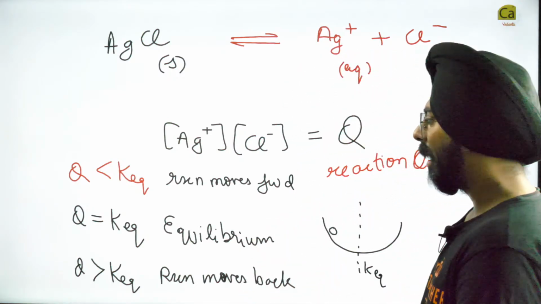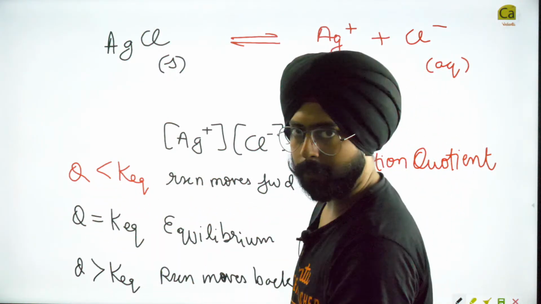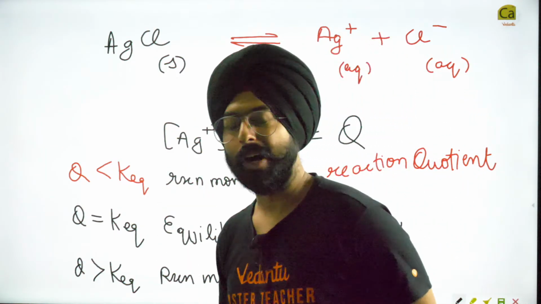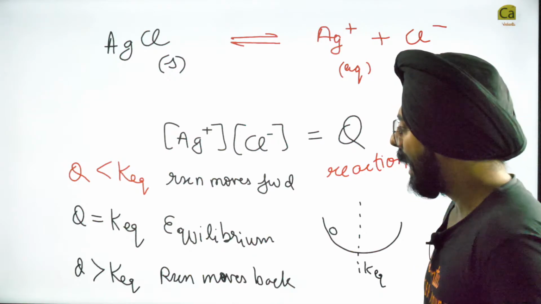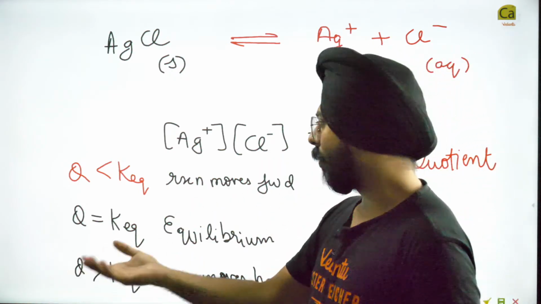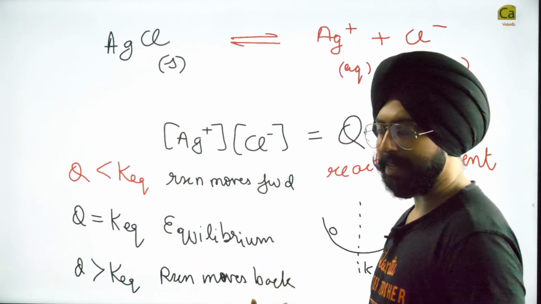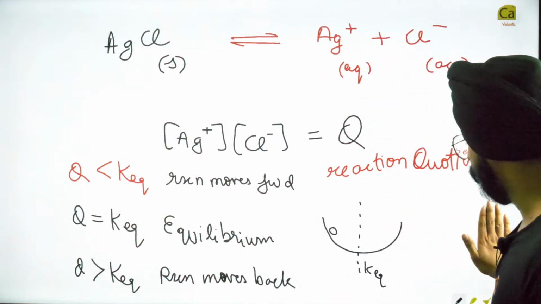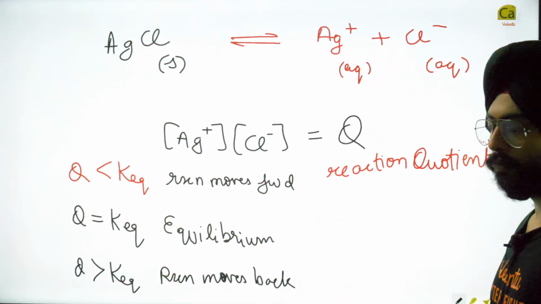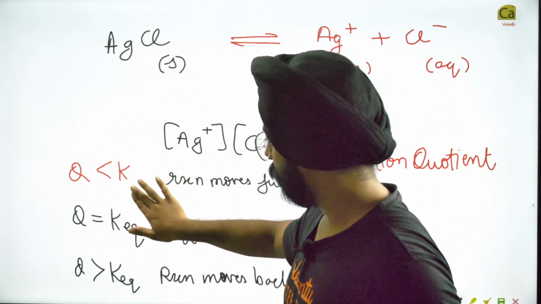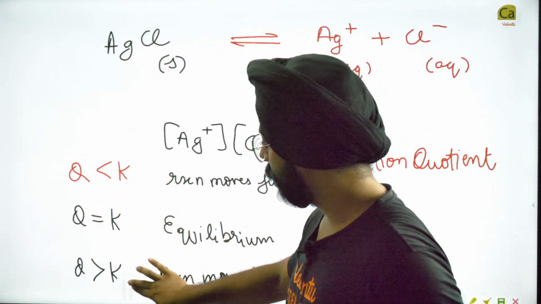But the thing is, how do we apply this idea to salt solubility? How do we interpret this in reality? Like, what is my equilibrium? What is my reaction moves forward? What is my reaction moves back? Let me rewrite a few things over here once again. Instead of K equilibrium, since we are dealing with solubility, let's just write KSP in all of these cases.